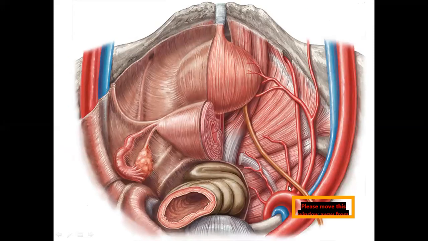See, this is the cross section of the pelvic cavity. This is the pubic symphysis, behind which we have urinary bladder, uterus, rectum, anal canal. This whole thing is the cross section of the pelvis, and these muscles, what you see lower down, is actually the pelvic diaphragm, where we have levator ani muscles, iliococcygeus, pubococcygeus, ischiococcygeus. You can see the course of the ureter, how this golden colored structure is passing to enter into the urinary bladder.